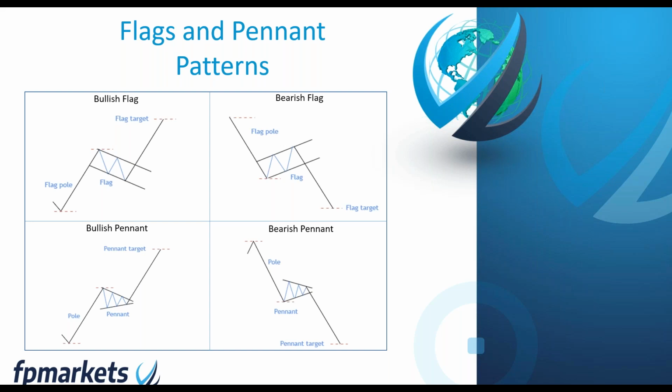Right, so on the first slide, we have what's known as flag and pennant patterns. Now, I'm sure you guys have seen other traders use flag and pennant patterns in forums and across social media channels, and likely for good reason. These formations are considered high probability patterns and offer, in my experience, frequent opportunity. Flags and pennants, as you can see, are similar chart patterns offering relatively short-term structure.